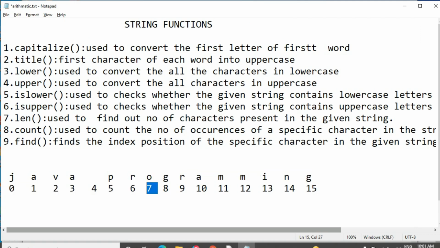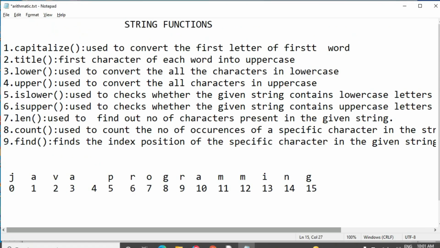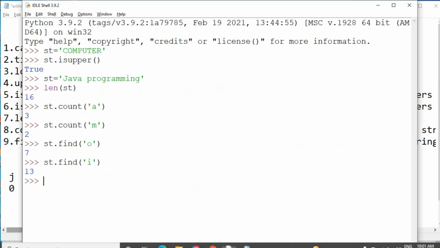See, the index position of O is 7. Then the position of I is 13.